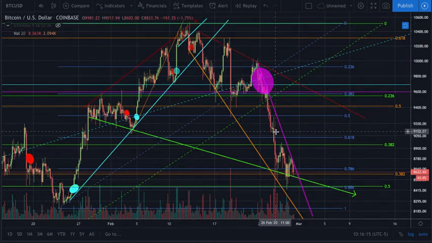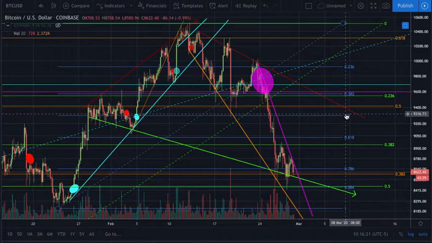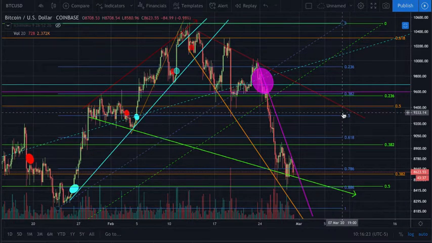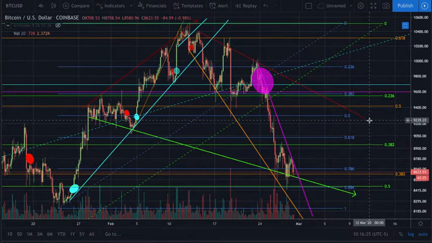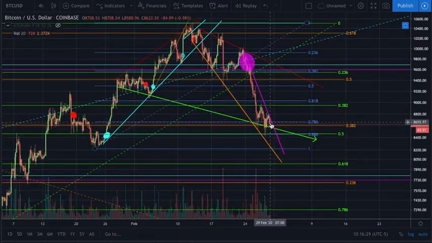It would give us basically that resistance again, attempting to break through, put us at the top of our descending broadening wedge, and then finally we could get the break back down or back up. But at this point in time, the trend is starting to look exhausted to the downside, but